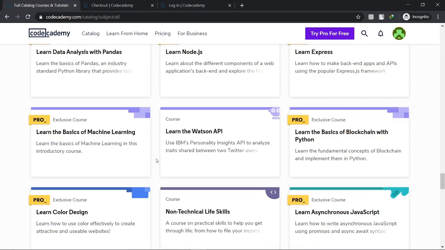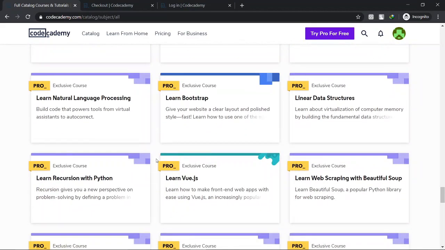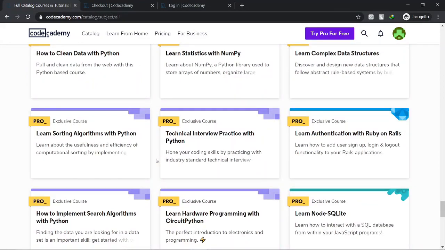And there are lots of courses guys, and no matter whether you are a complete beginner or you are already an experienced programmer, you can just use these courses to upgrade your skills. So these are all the skills that you can learn here, and you can see that there are skills related to every tech path that you can think of.